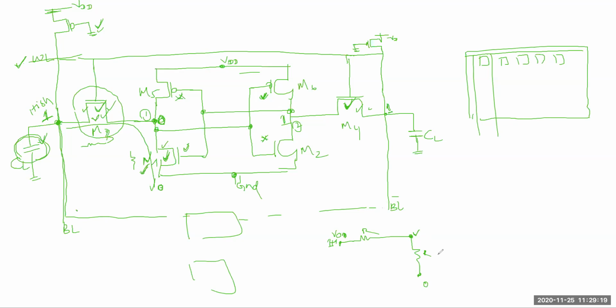What will be this value? Suppose this is R1 and this is R2. It will be VDD times R1 divided by R1 plus R2. Yes or no? So you will get this value here. Okay. That means whatever charge is stored in this capacitor will gradually discharge through this point. So now, initially it was 0, now it will increase. Okay, this value will increase, because two resistors are there, so this value will increase.